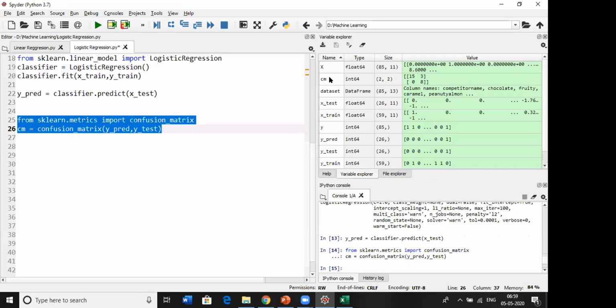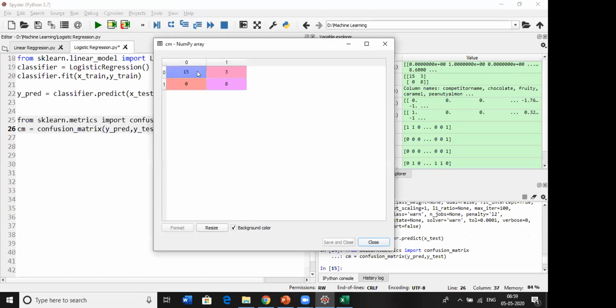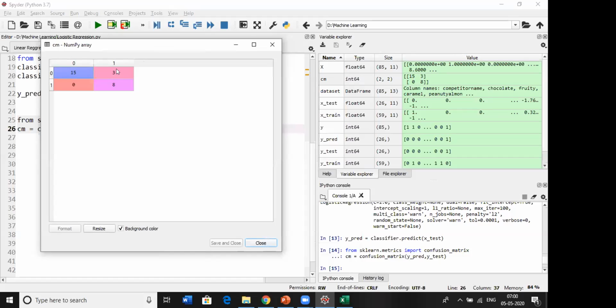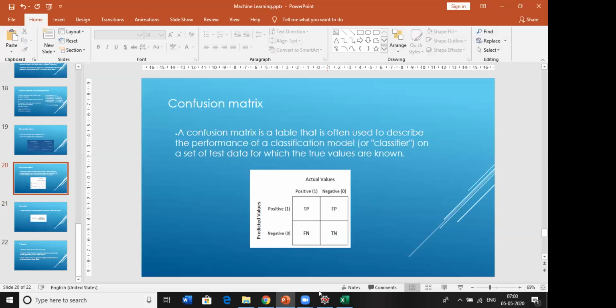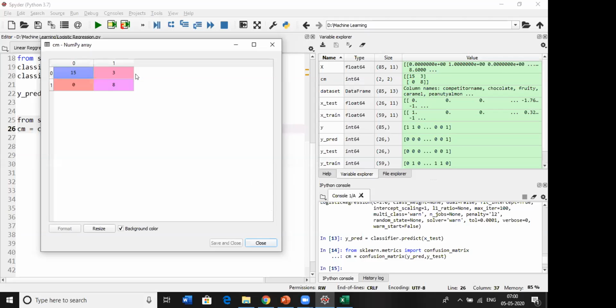Now this is our confusion matrix. These two are correct. So 15 plus 8, 23 observations are correct, but 3 observations are wrong. The wrongs are in the false positive, where the actual is negative but it is predicted as positive, and the false negative.